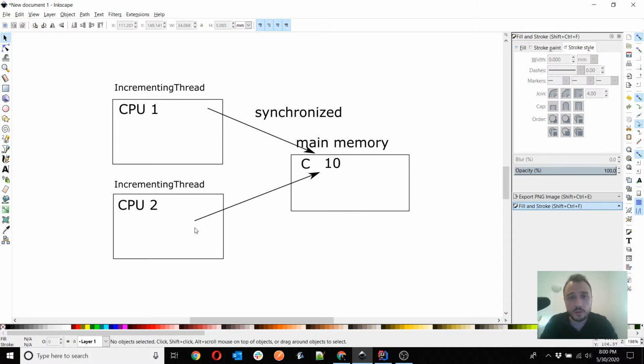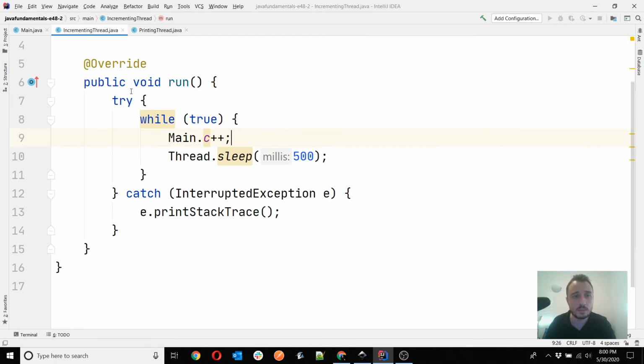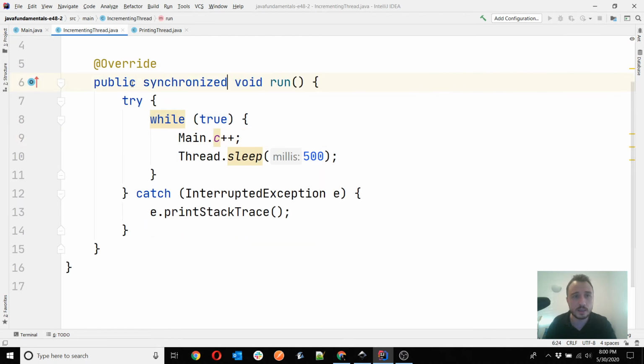There are a couple more things I'd like to discuss about synchronized, and one of them is how you use it on the method level and what that means. You will see people using synchronized directly on the method signature like this, as a modifier. We didn't use it like this yet, but I want to teach you how to use it as a modifier in the method signature as well.